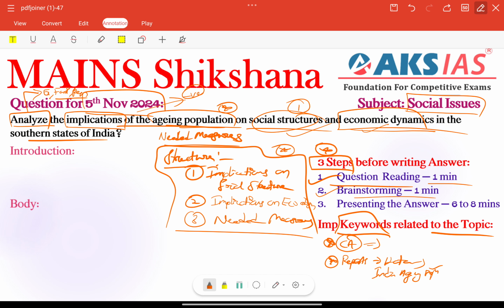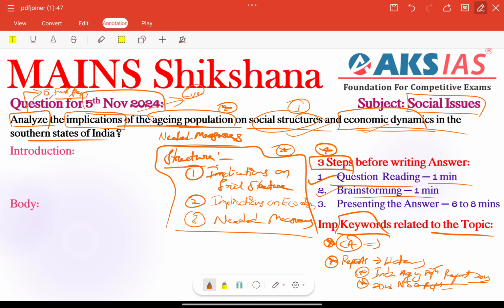The aging population report 2023 is also very important here, right? So according to the reports only we need to give some facts. The 2023 National Statistics Office report also we have. We can add these types of issues here and there. Other than that, we need to provide some examples like Kerala state expenditure related issues, or Karnataka related issues, or Tamil Nadu related issues, healthcare related issues, etc.